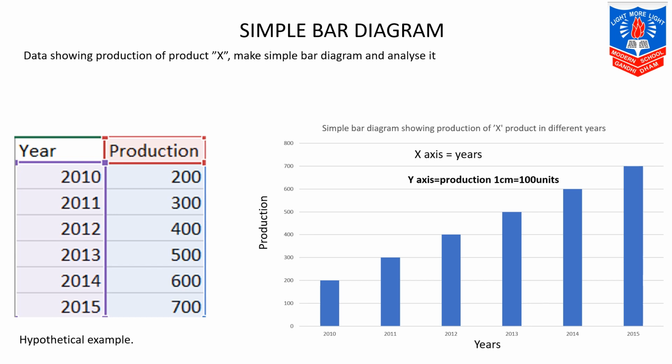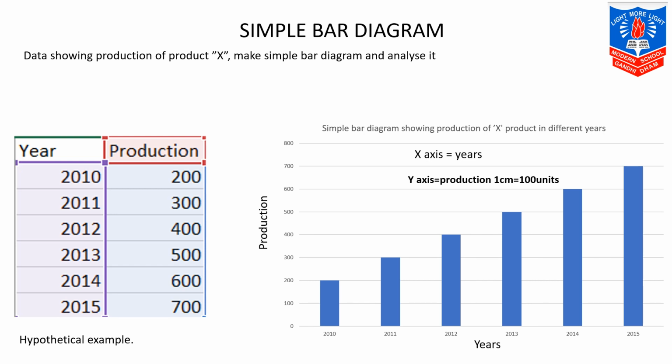So I'll start with the year 2010. 2010, the production is 200 units, whereas in the year 2011, the production is 300 units. So 2010, I'll plot till 200, 2011, I'll plot till 300, and so on. I'll do the plotting for rest of the years. Over here, we are supposed to see that the gap between the origin and the first bar is same as the gap between the first bar and the second bar and the third bar, as given in the aspects of drawing a diagram or a graph. It should be neat, clean and understandable.